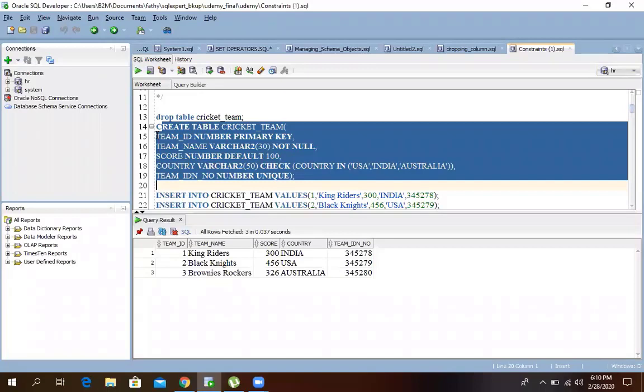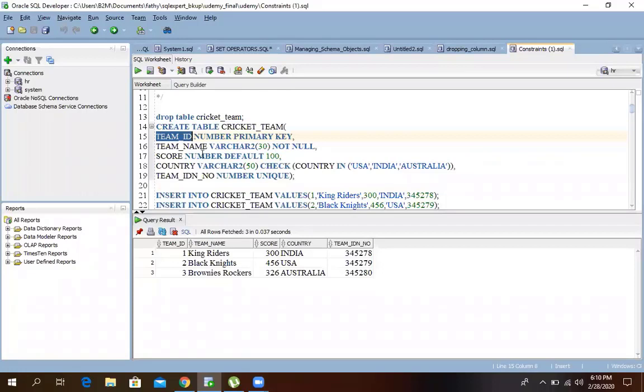I actually told you in the previous class itself, what is the eligibility for the parent table? A parent table must have the primary key, right? So does this table have the primary key or not? Yes, for the team ID column. For the cricket team table, I have team ID, team name, score, country, and so on. For the team ID column, I declared a primary key. So imagine this is going to be a parent table.